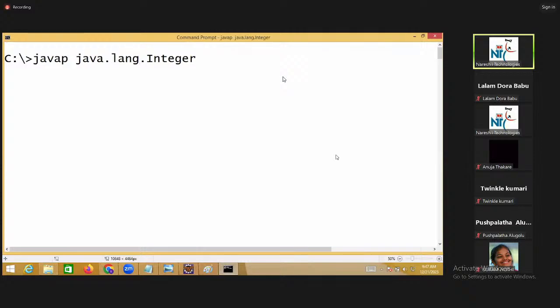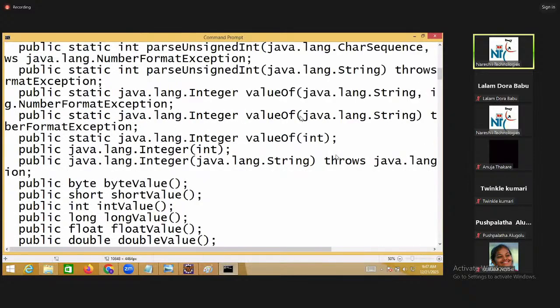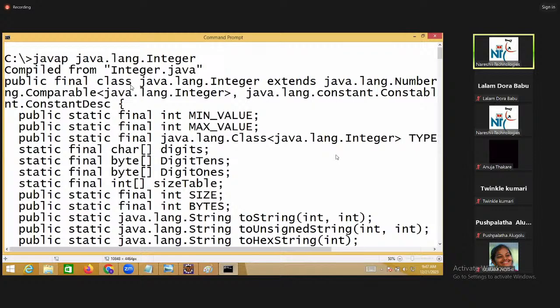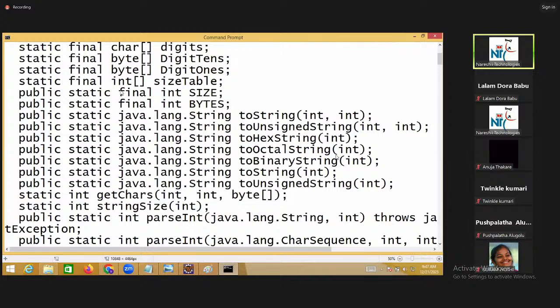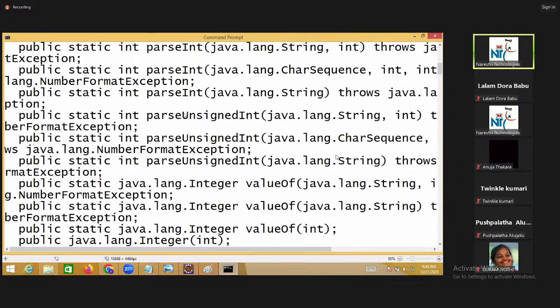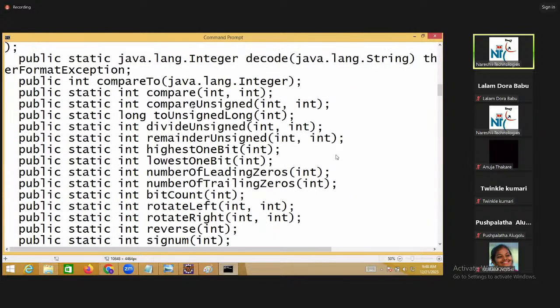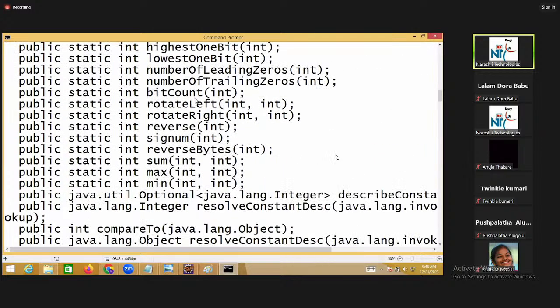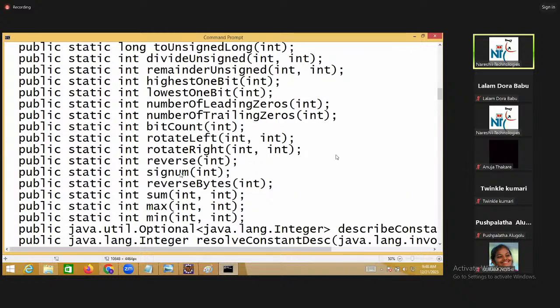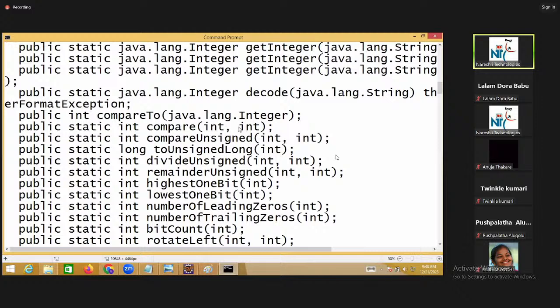Still I'm in the 7am batch only. Right. So Integer is one class. Can you see this? This Integer class has many methods. Among them, I'll bring out a few important methods. Even a reverse method is also available. You have to wait. First we are making the value available in the object, like a string object.